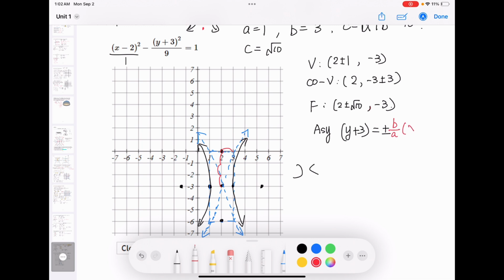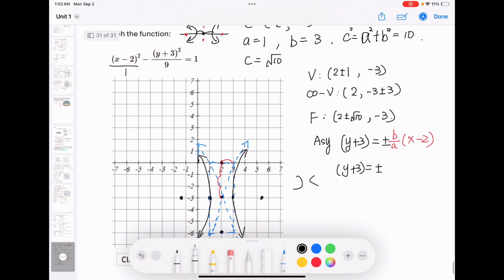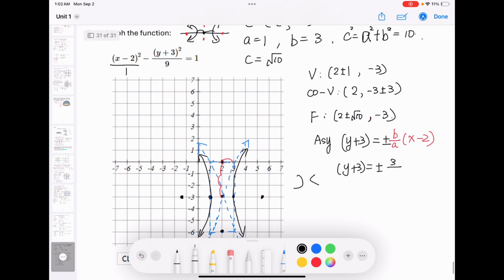Multiply by x minus 2. We plug in the a and b values. We're having y plus 3 is equal to positive or negative. b is equal to 3 and a is equal to 1. So it is 3 times x minus 2. You can also simplify the fraction. y plus 3 is equal to positive or negative 3